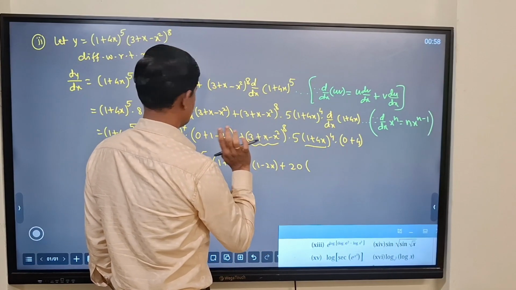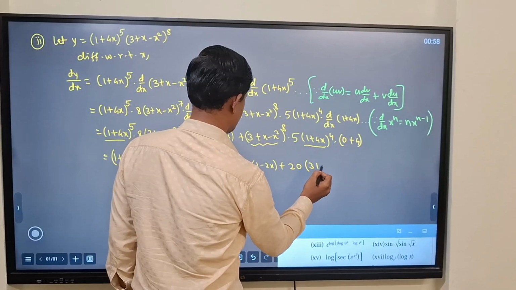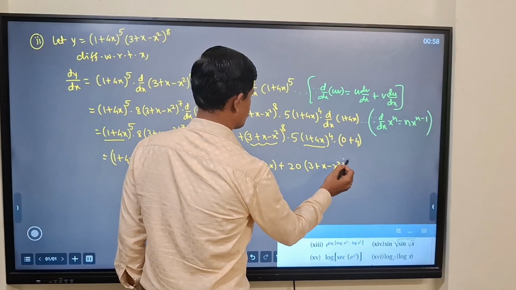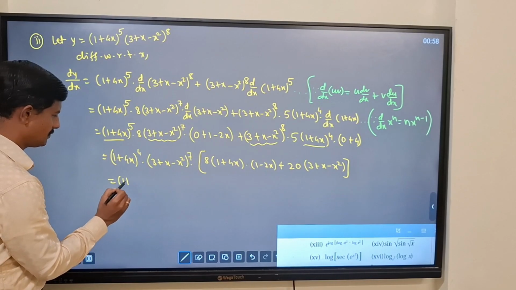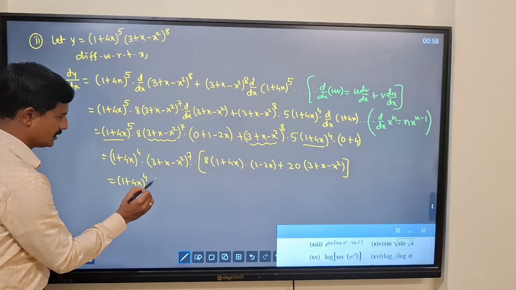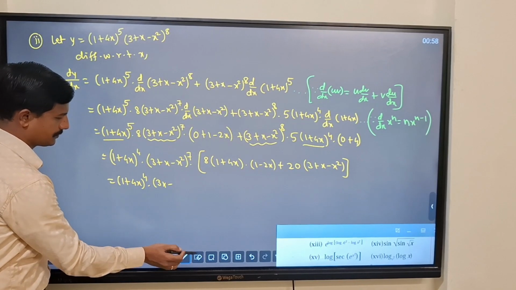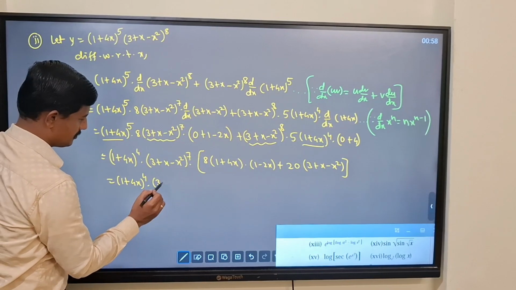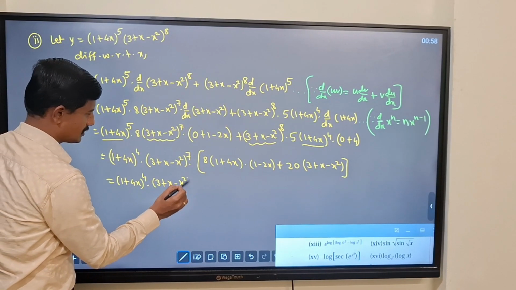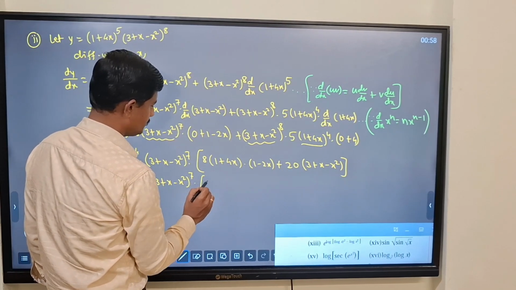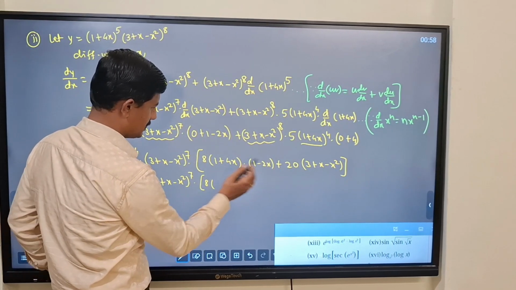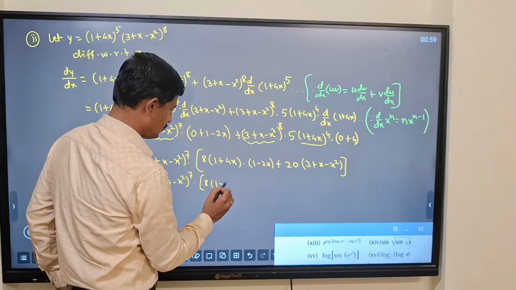This gets outside, so remains (3 + x − x²). Okay, now this becomes (1 + 4x)⁴ into (3 + x − x²)⁷ in bracket 8 into multiplication of these two terms,